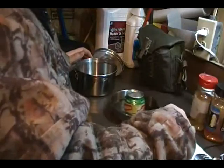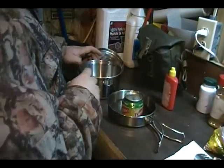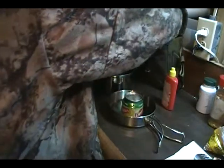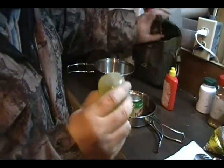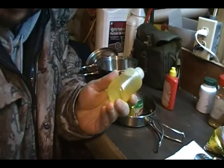All right. So I got my alcohol stove, my fuel, some spices. We got my popcorn, my pot. Now I'm going to use my biggest pot, because I need some volume. And if I dig into my spice kit here, get out the olive oil. Now you need oil, and I always keep 4 ounces of olive oil in my spice pack for